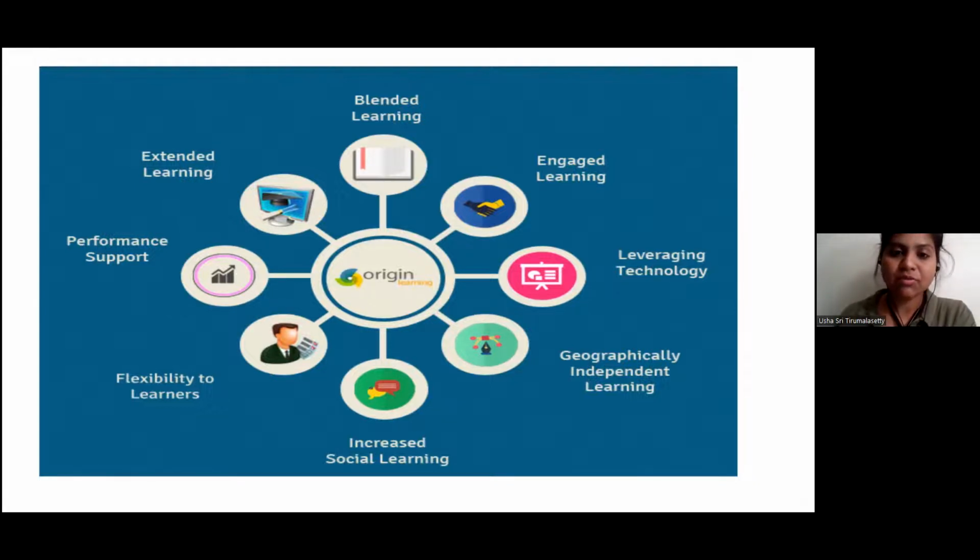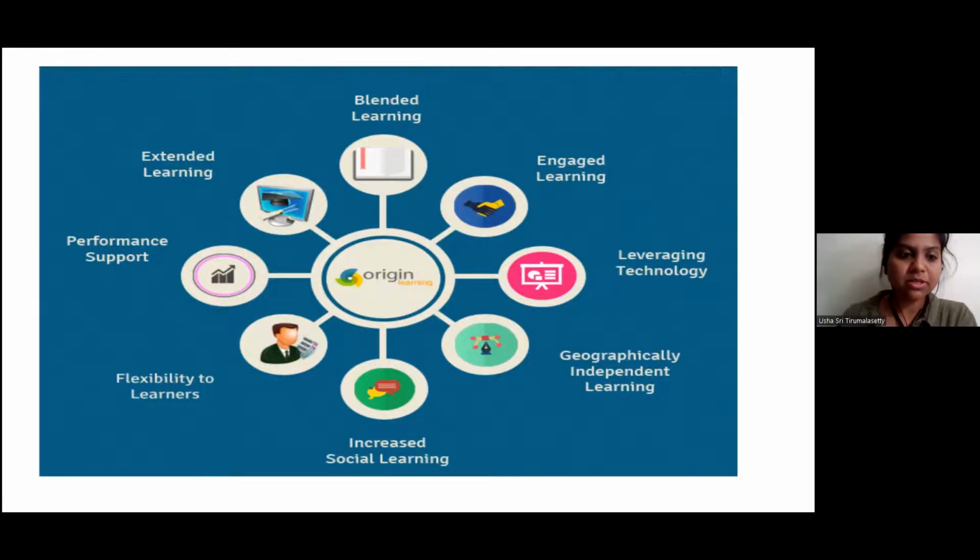By this platform, they can go back and search for the content which they didn't remember, so that they can recall everything and proceed with the continued classes. Coming to increased social learning, students can also communicate with professors and other students, so that they can improve their knowledge with so many connections.